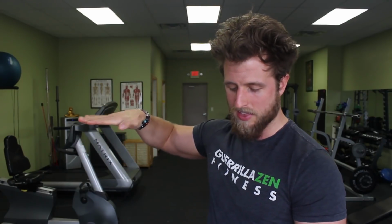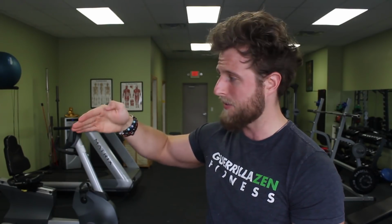If you have this on one side, this is bad because it basically creates a ripple effect all the way up what's called the kinetic chain, which is all the joints in your body from the bottom to the top, that can affect your hips and your neck. And this is basically how it works. If your foot flattens out like this and then rolls in, basically what's happening is